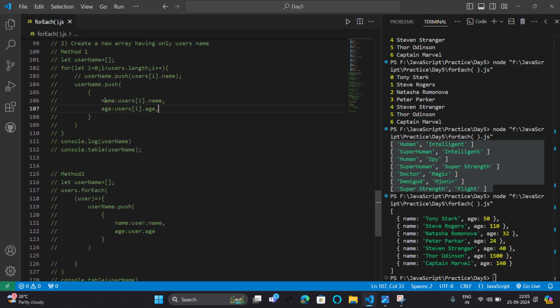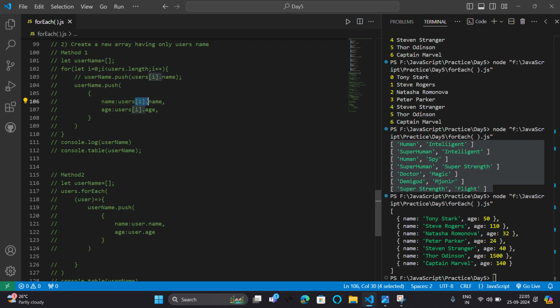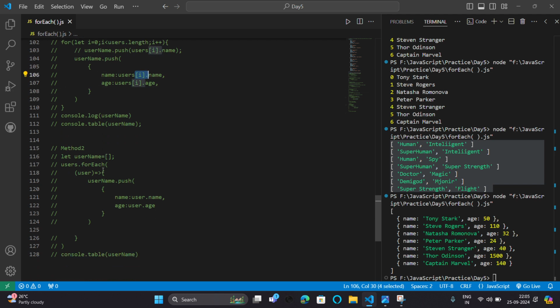Here I did not use the for loop. I simply pass this function to forEach on the users' data, and inside this forEach I pass another function to push users.name. I created this array and pushed the elements one by one. As I told you, there is no need to use indexing in forEach.